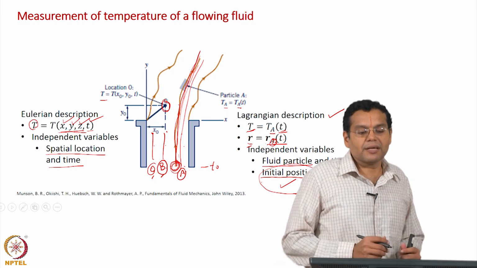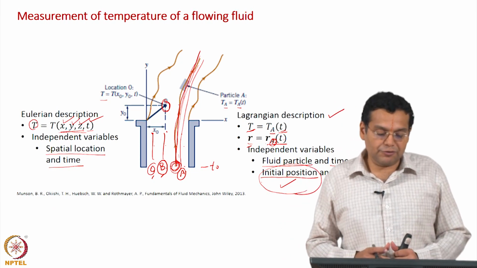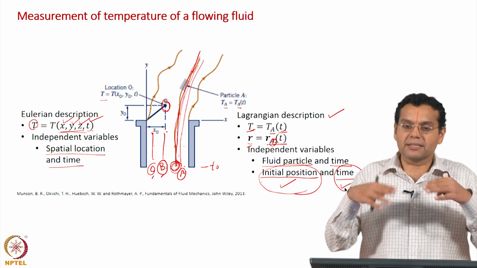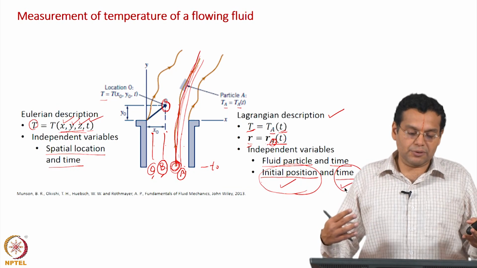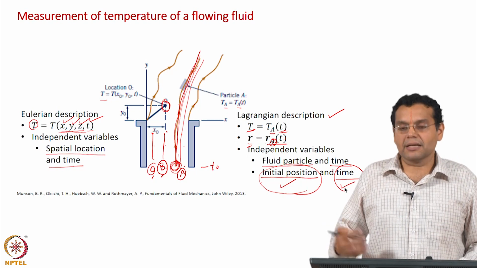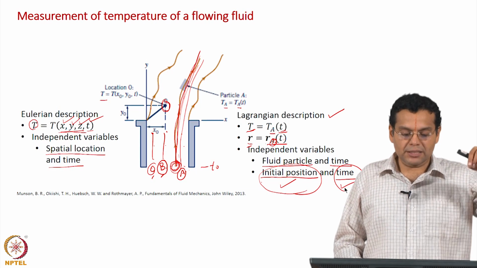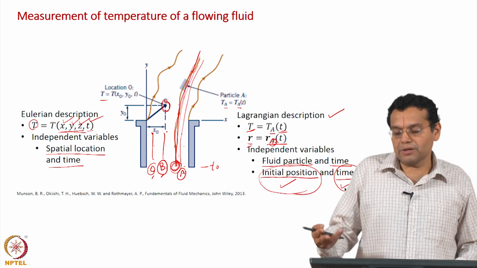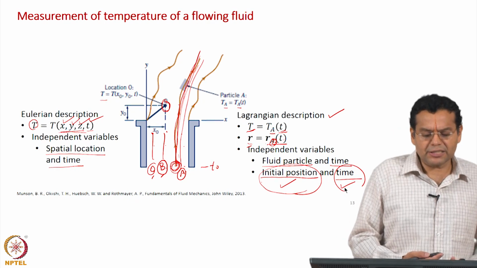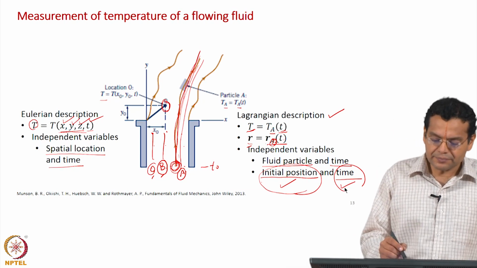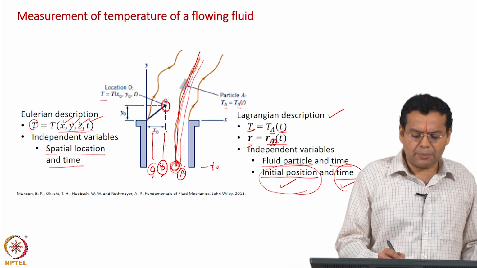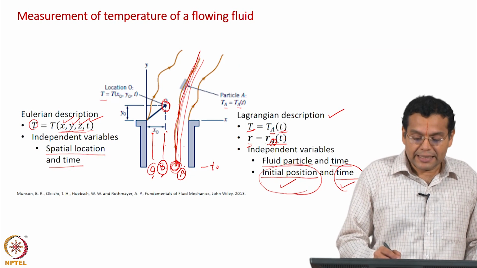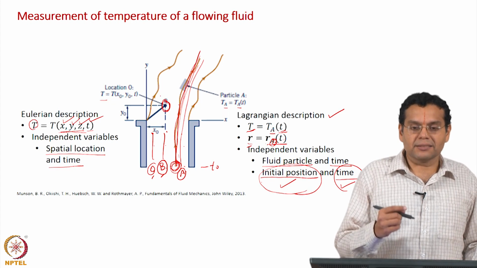Okay. So, what we have seen here is an example of flue gas flowing through a chimney. We have described the temperature in this region using two different approaches, Eulerian description and Lagrangian description. One is at a particular location, the other is following a fluid particle. One other way of explaining the Eulerian description is that you are at that particular point, and if you want to attach the meaning of fluid particle to that, it senses different fluid particles, is that right.